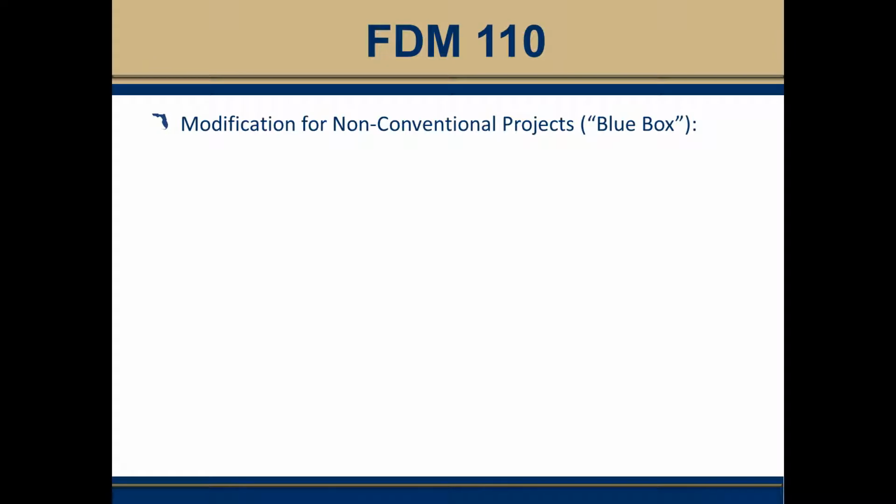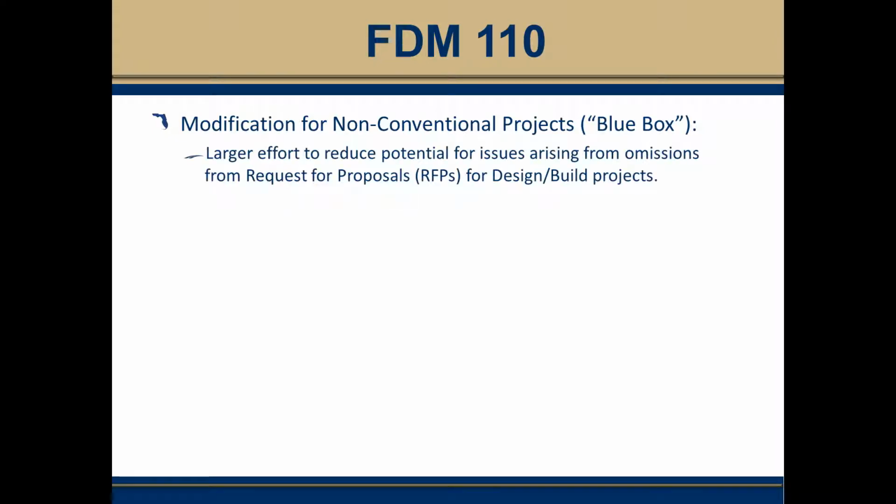In general, throughout the FDM, we have modifications for non-conventional projects. They are also known as blue boxes. There is a larger effort to reduce the potential issues arising from omissions from the request for proposals for design build projects. There have been issues in the past where there have been omissions from certain requirements in the request for proposals. And if there were an omission from the request for proposal, the design build team would not be contractually obligated to the requirements. Therefore, careful attention was made to each of the blue boxes to ensure that this will